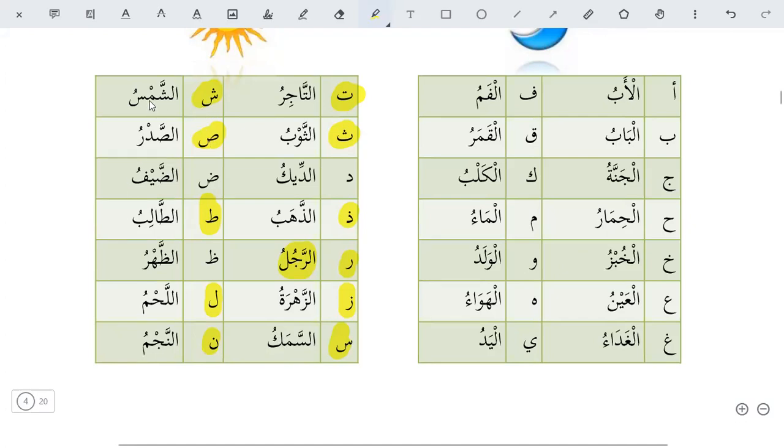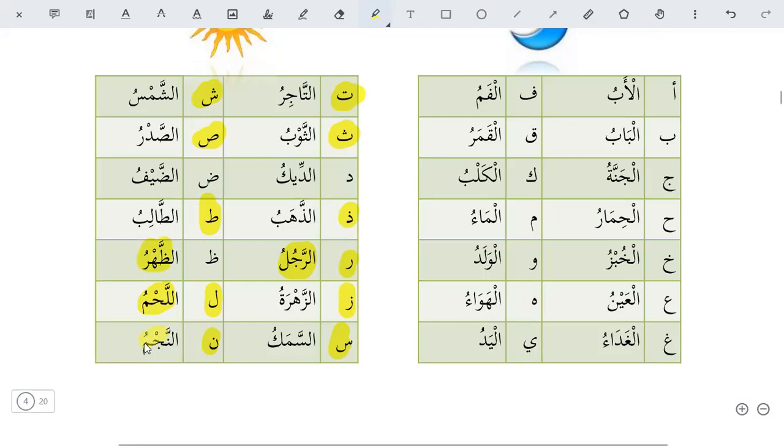Ash-shamsu, the sun. As-sadru, chest. Ad-daifu, guest. At-talibu, student. Az-zahru, bag. Al-lahmu,